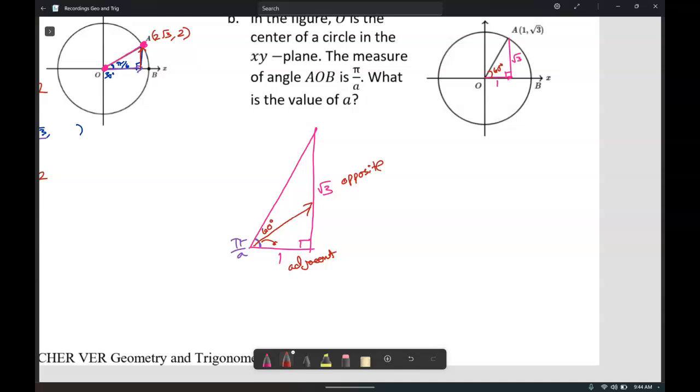Well, if it's 60 degrees, we can do a quick conversion into radians. Multiplying by pi over 180, 60 pi over 180 reduces to pi over 3. So if we want the value of A, and our angle is a measure of pi over A, we know that A equals 3. Now we didn't need it for this question, but we could also fill in the rest of our triangle. We know that this has to be an angle measure of 30 degrees. And then following our formula where the hypotenuse is 2 times the shorter leg, 2 times 1 equals a hypotenuse of